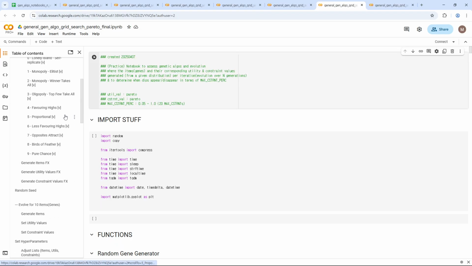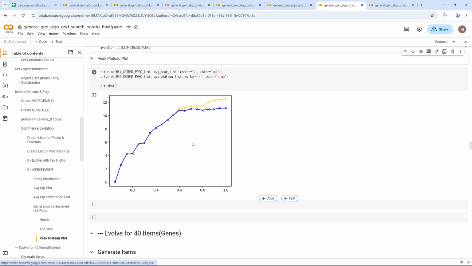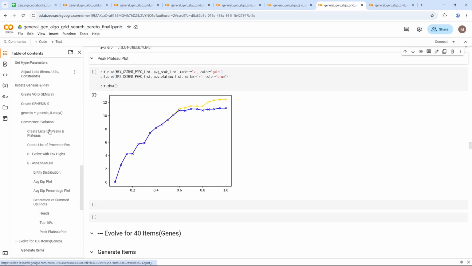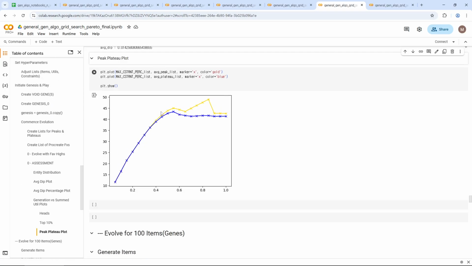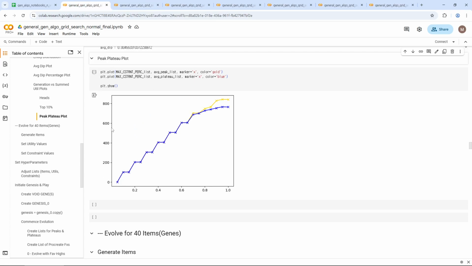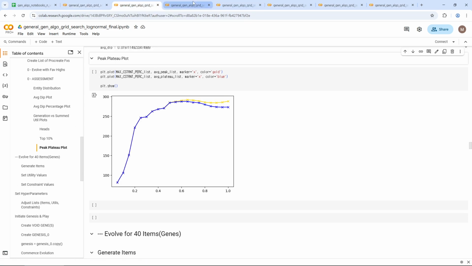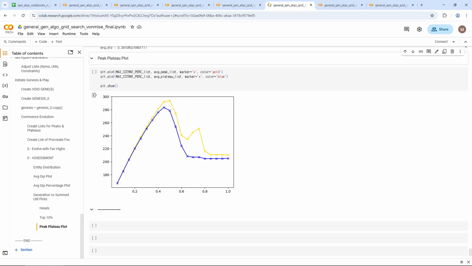Pareto distribution, when we have 10 items, I bet you it diverges towards the end. Yes, it did. 40 items. So when we use the Pareto, at least with how the parameters are given when generating the distribution, this specific distribution looks quite similar to when we've had, where is it,